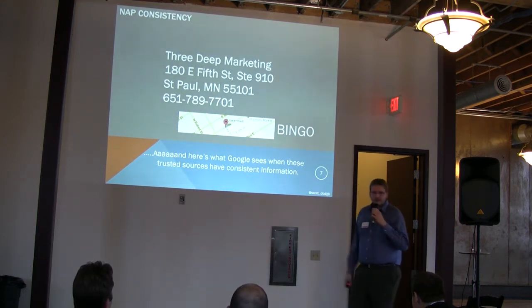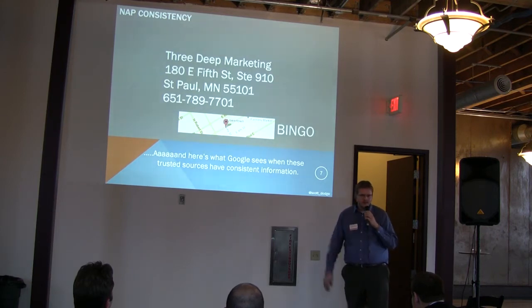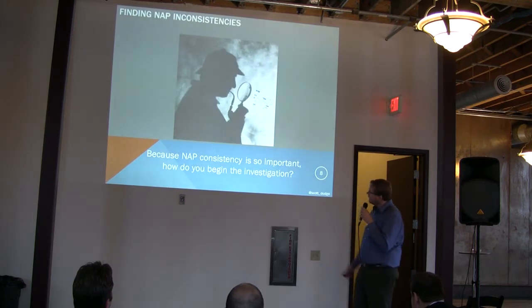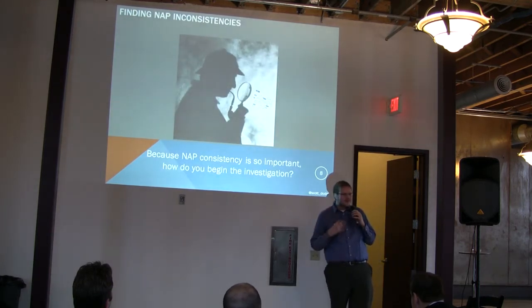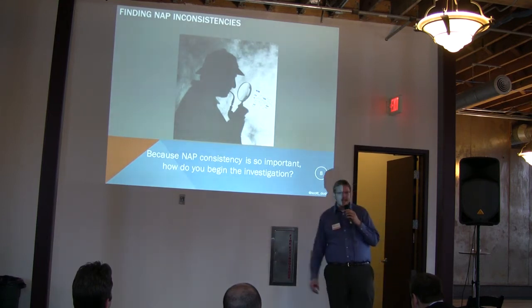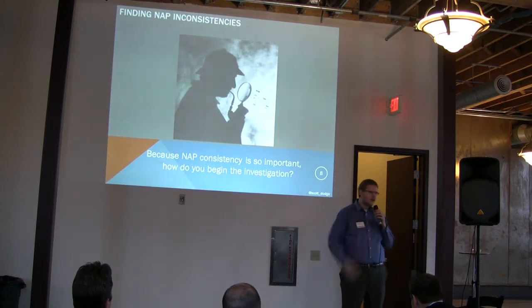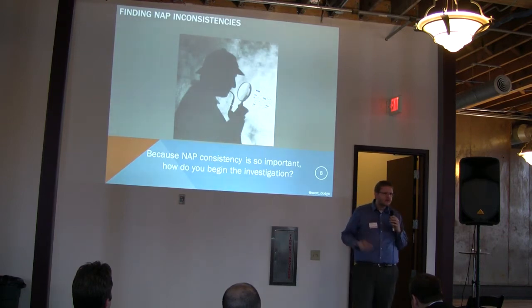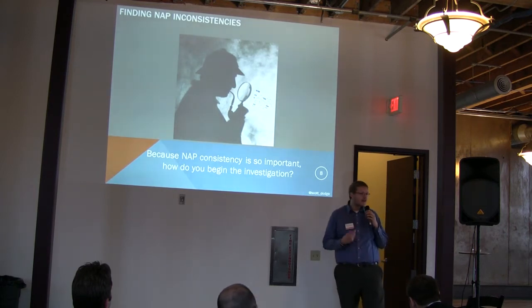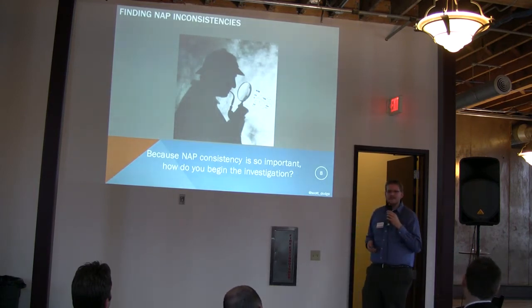As I said before, it can be a little difficult because all this other trusted information gets into the places index. So my talk is going to focus on how to identify all of these, because in an agency environment, we've inherited clients who have recently bought out another location. There was a previous company at that location for 10 years, so that information has gotten everywhere. We have a different business name, different phone number, all kinds of stuff. So I'm going to share with you the process that I use to identify some of this stuff, because it can be intimidating at times.